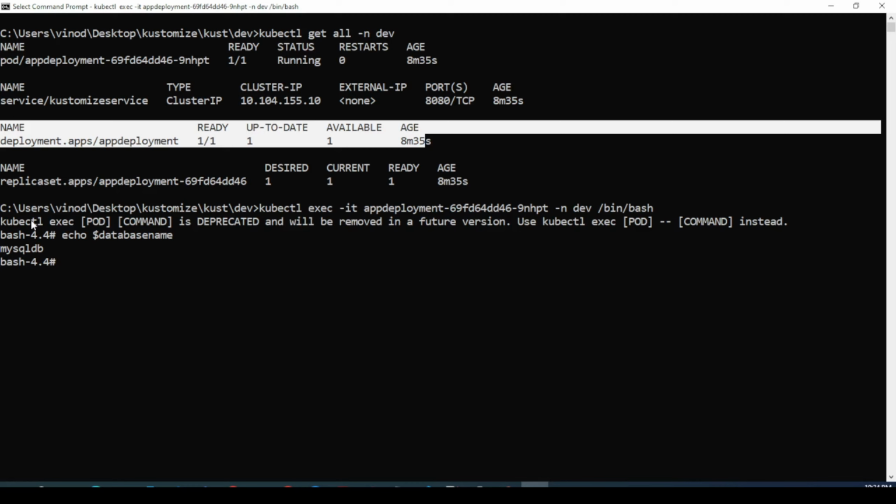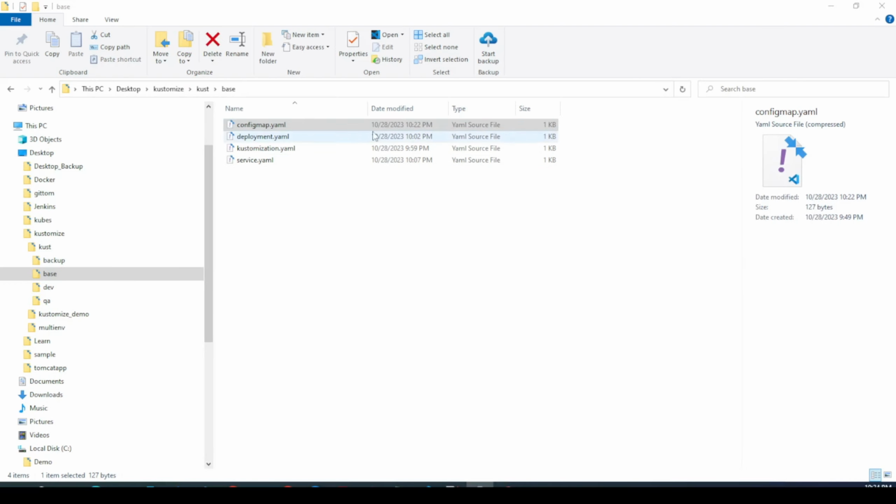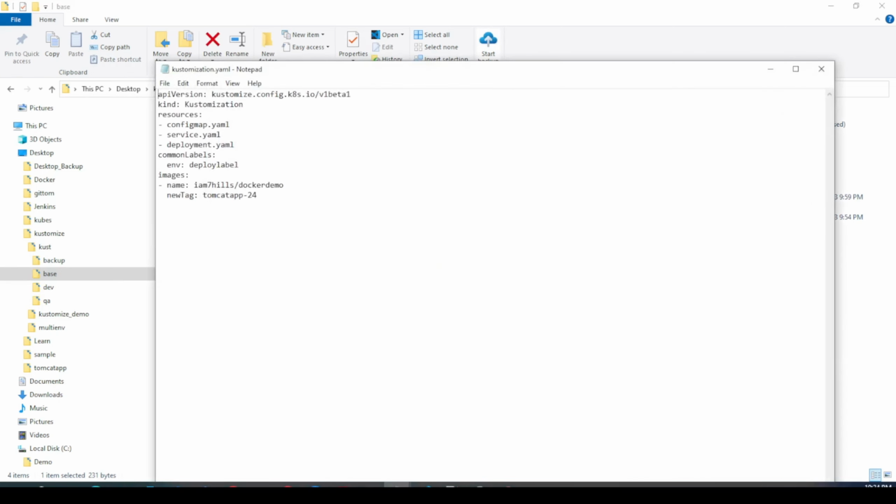I'm going to fix this problem using the config map generator in Kustomize. Doing exit, I'm going to show you how I'm going to do that. So going back to my kustomization.yaml, I'm going to add a few things for your config map. Let me show you that. Okay, this is the detail of that. I'm just saying that, let me add this as database name. Database name equal to